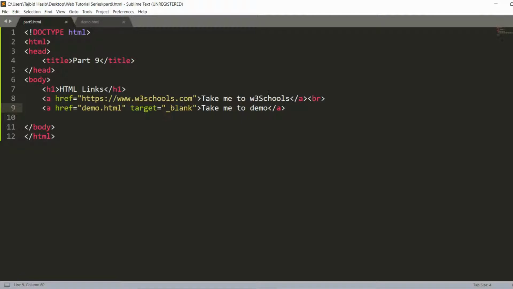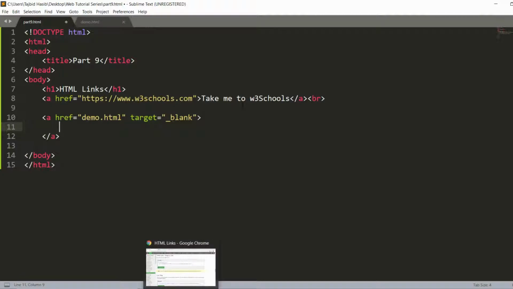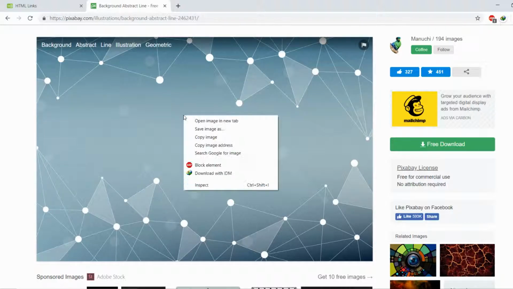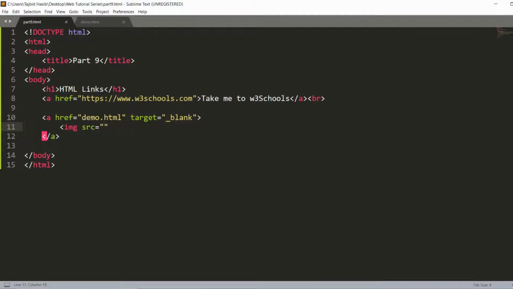We can also use images as our links, and in order to do that, I'm going to clear out this "take me to demo" text over here, and I'll put the closing tag on a new line, and over here we're going to insert an image. So I just found a random image, and I'm going to put it in my website, and if you click on this image, it'll take you to the demo.html document. So what I'll do is I'll right click and I'll copy the image address,